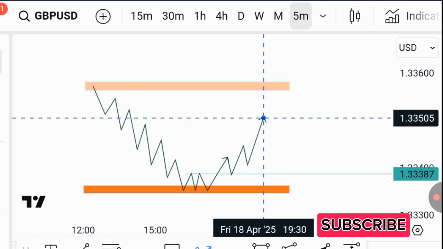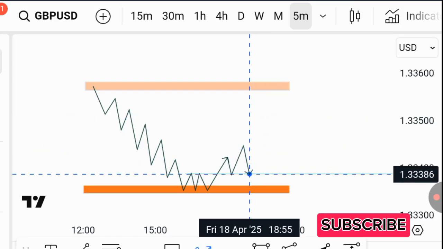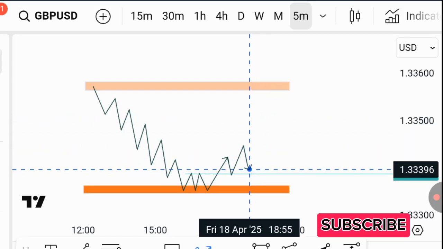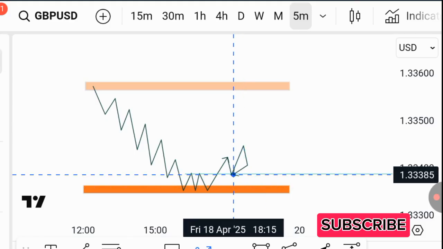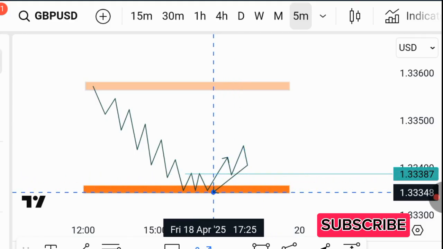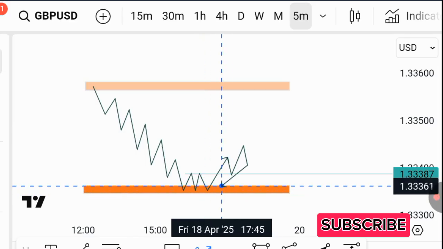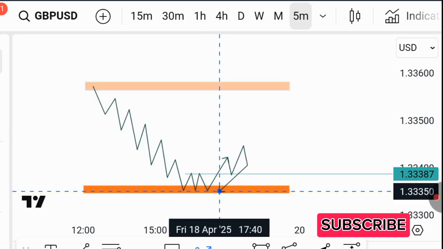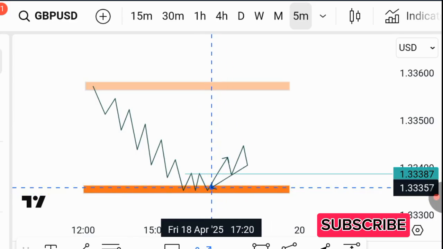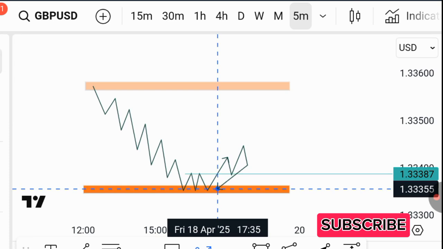It's possible, but in most cases, price needs to come down to where the journey started. Where did the journey start from? This very support area here. So this is where the journey started, and price needs to come down to this level,